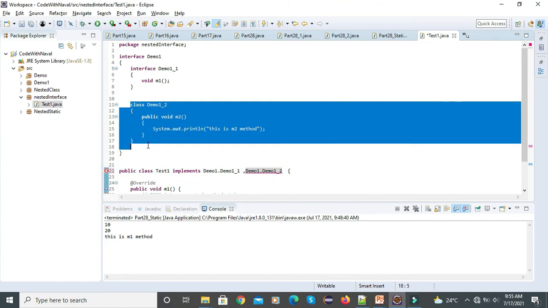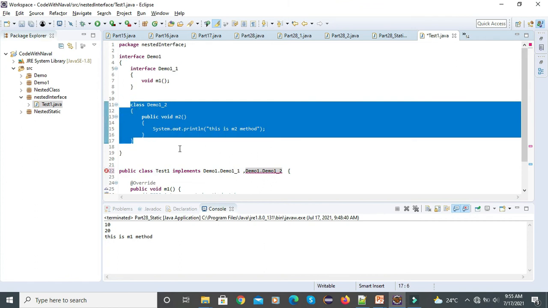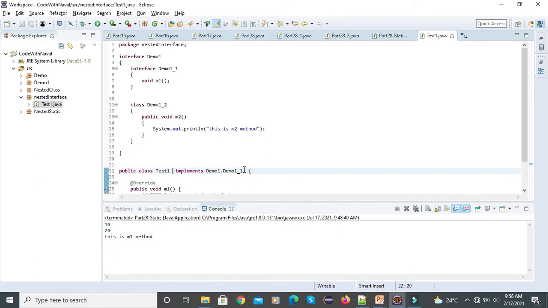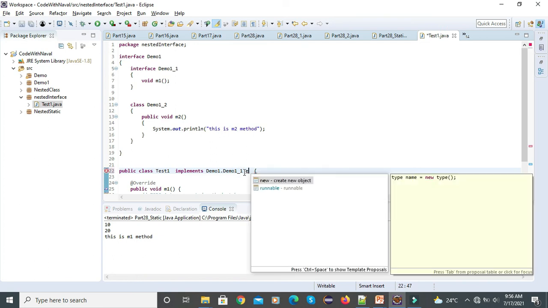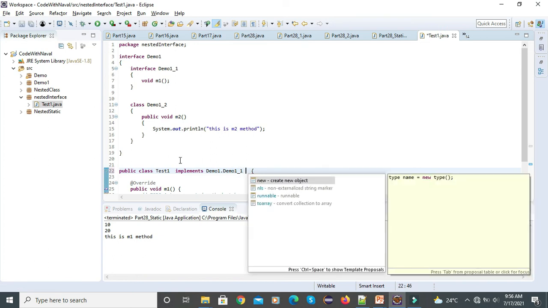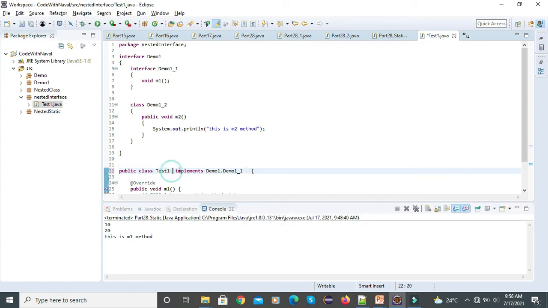Okay, we are targeting a class here, that's why we can't implement it. We have to add the extend keyword for a class. Now here we simply give the extend. You can see we don't get an extend keyword because there is a sequence. First we have to add extend, then we have to add implement. That means here we have to add extend.